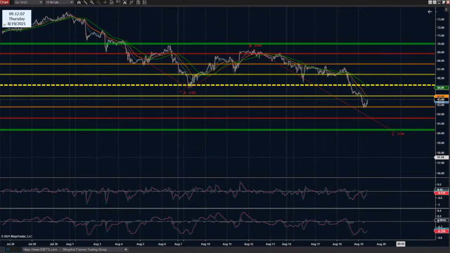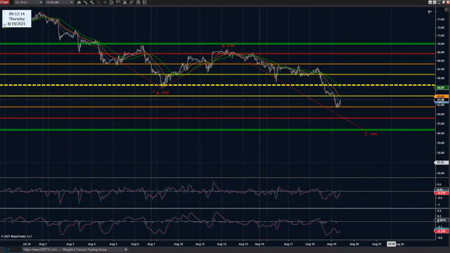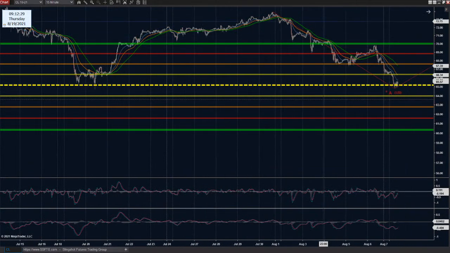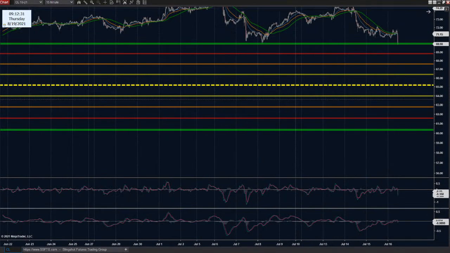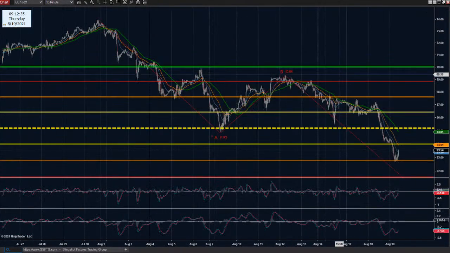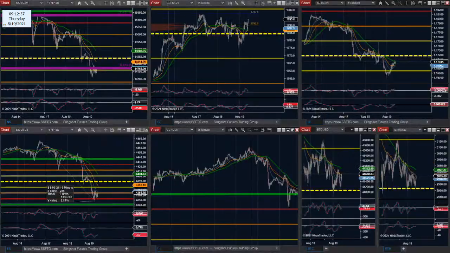So an ABCD corrective phase to the downside would be down to $60, and that's also the -2. So, you know, they might not get here today, but with that amount of bearish pent-up energy, another continuation to the downside is likely to find sellers hovering around this area, and that might be enough to finish the drive down back to 60. Fall all the way off of, what'd they put a top in? 70, what did they get up to, 76? 76 down to 60? Yeehaw. Crude's still a roller coaster.